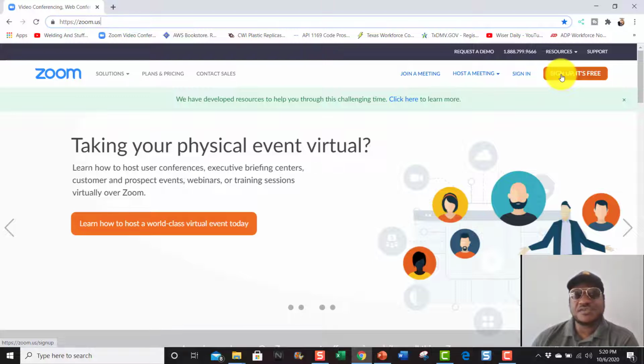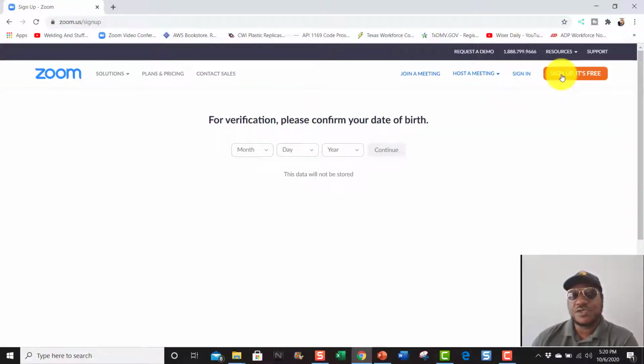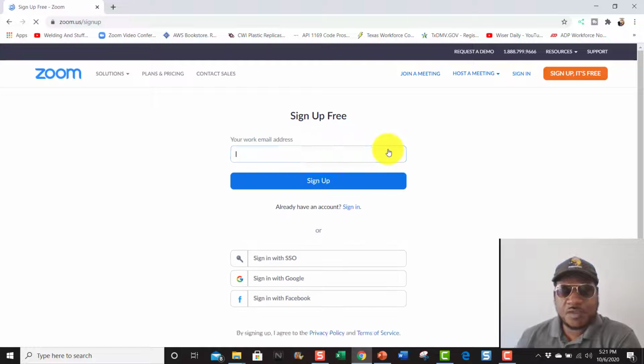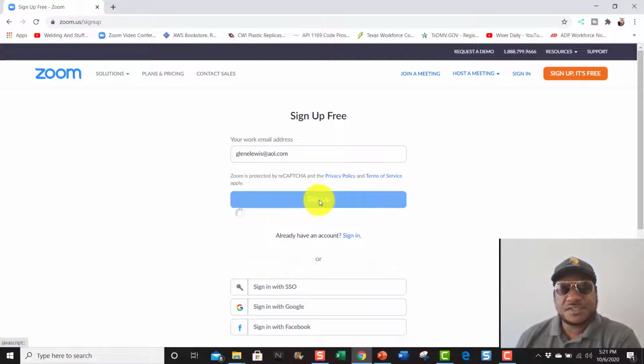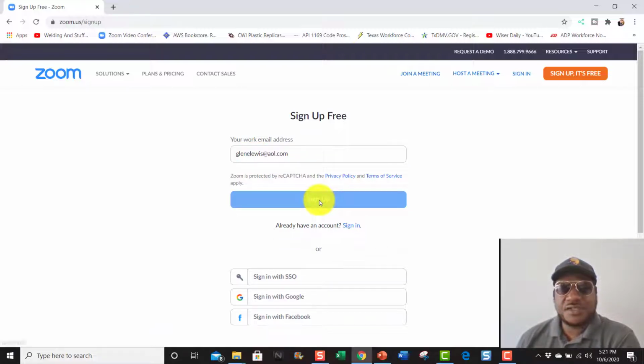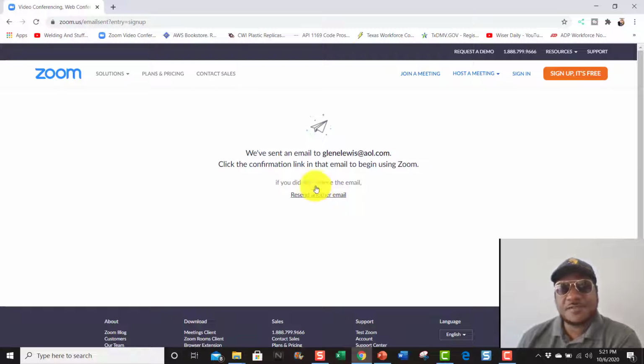It's www.zoom. So once you log on to Zoom, you click that get started for free. And it asks you to verify some information. You hit continue. And I'm gonna sign up using my email address. You can do Google or Facebook or however you want to do it. I'm gonna go with my email address. So I'm gonna type my email address here, hit get started, sign up,